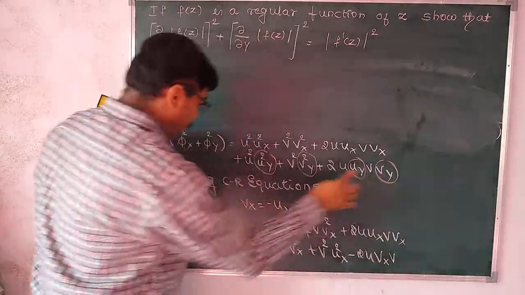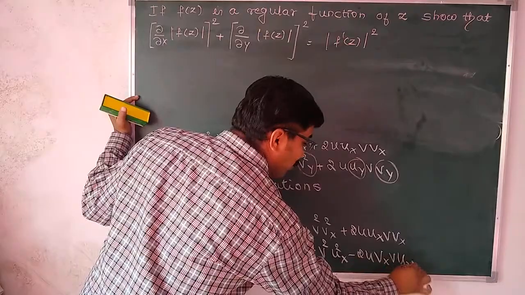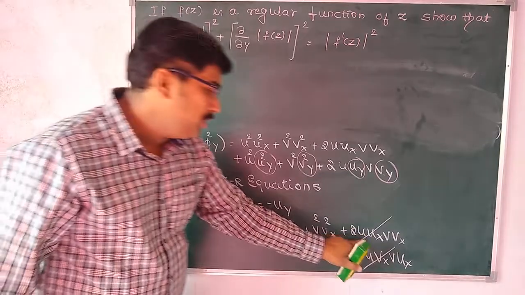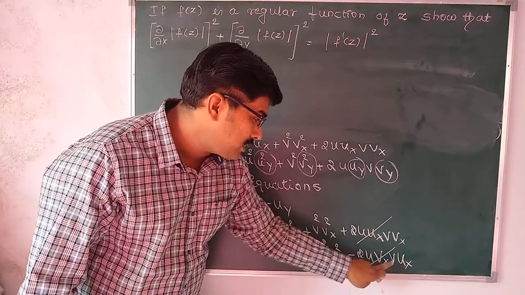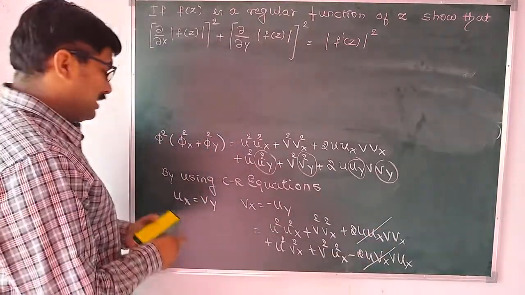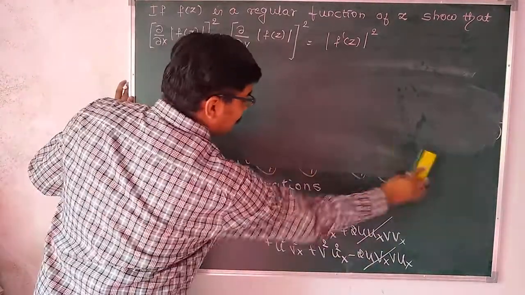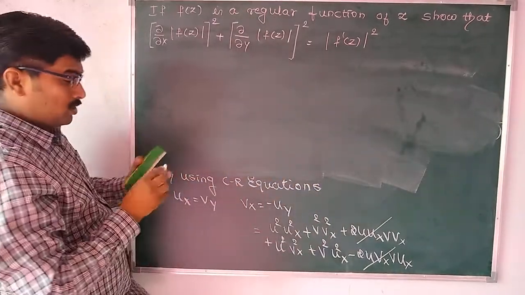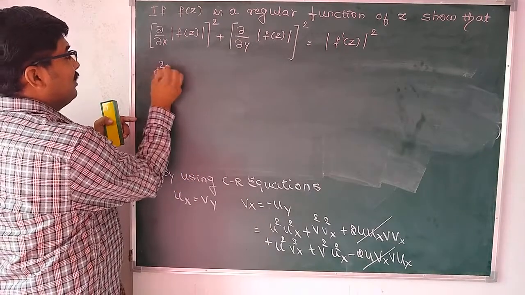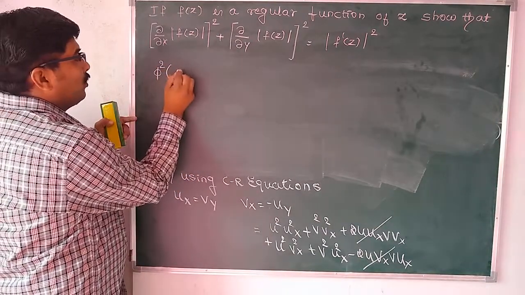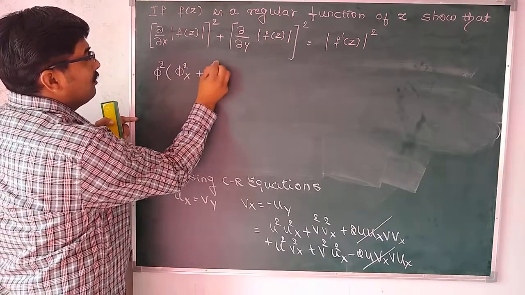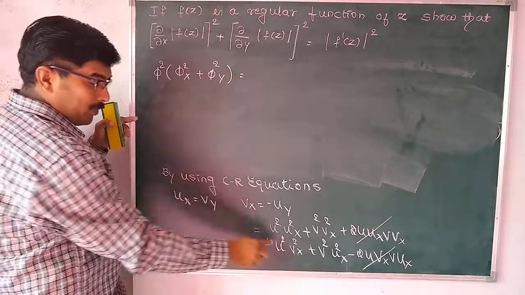is v, and this vy value is equal to ux, where these two terms get cancelled. That is ux vx, so that is ux vx multiplying with 2, it has plus sign, this has minus sign, so both get cancelled. So now write down the remaining terms. What are the remaining terms here? So that is left hand side we have, so phi square is common, and that is equal to phi square x plus phi square y, and that is equal to here.